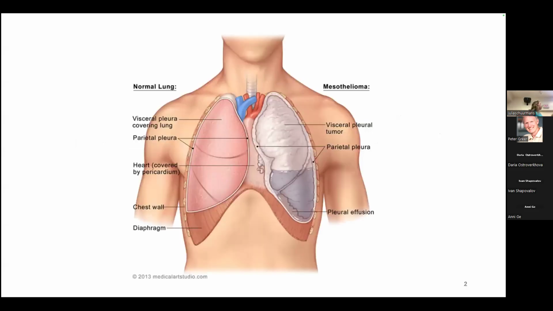So what is the pleura? What is mesothelioma? On the left over here, you'll see a normal lung, and surrounding the outside of the lung is the pleura. The pleura is like a negative space filled with a lubricant that lets you breathe without any friction. When mesothelioma occurs, it forms along the visceral pleura, which is the inside layer of that sac that covers your lung. It creates a diffuse-like tumor, unlike the ball-like tumors we're used to seeing in solid cancers, across the visceral pleura, and there's also the formation of a pleural effusion within the lung.